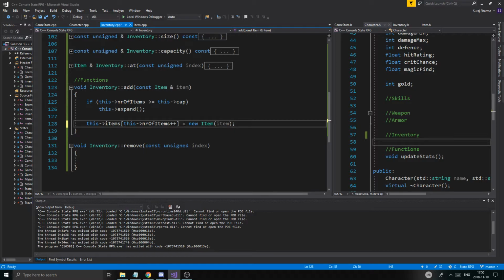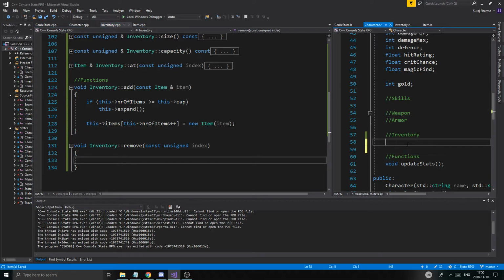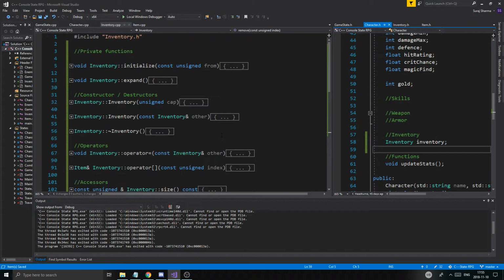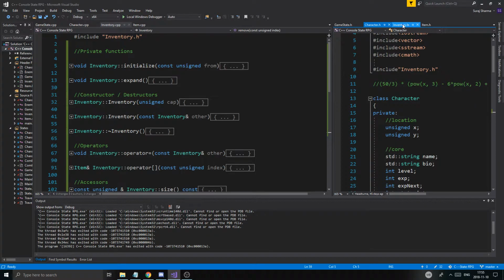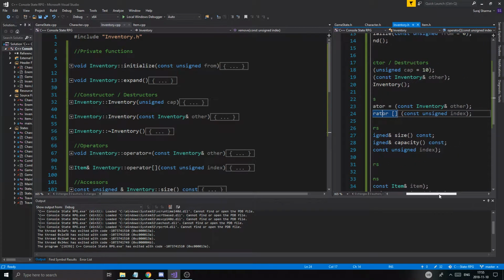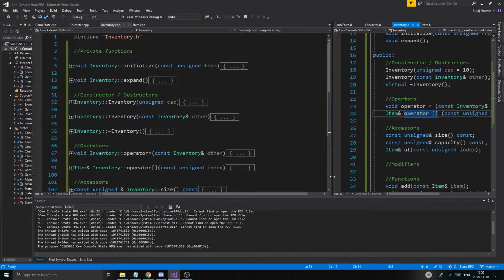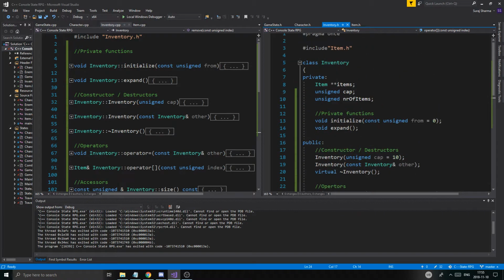So there you go. So you create a new item there, and you should be fine. That's basically it. You can add more items and all that stuff. So that's cool. Now if we went into character.h and we created an inventory, okay, just like that, basically that will create an inventory with 10 slots, right? Yeah, 10 slots which are empty,